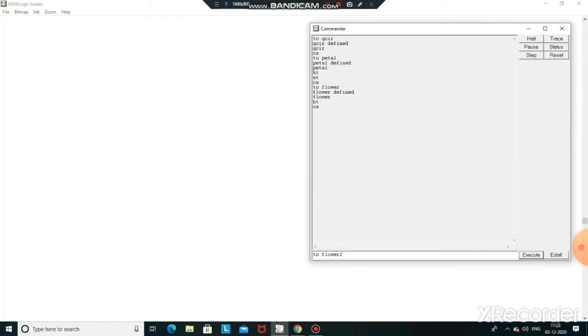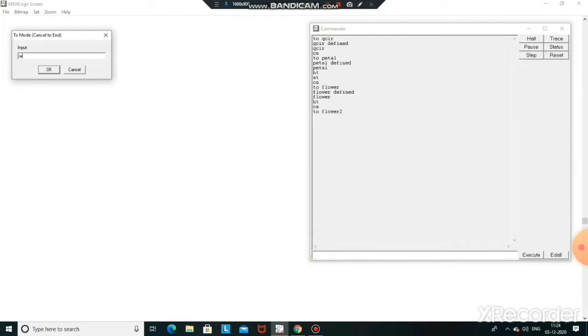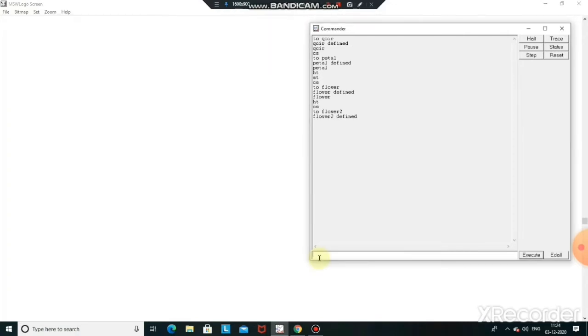Along with that I'm giving a number because the flower procedure is already defined. In the input box type repeat 6 square bracket petal and RT 60. Close the square bracket and then complete your procedure with the end command. So now you can see flower 2 is defined.